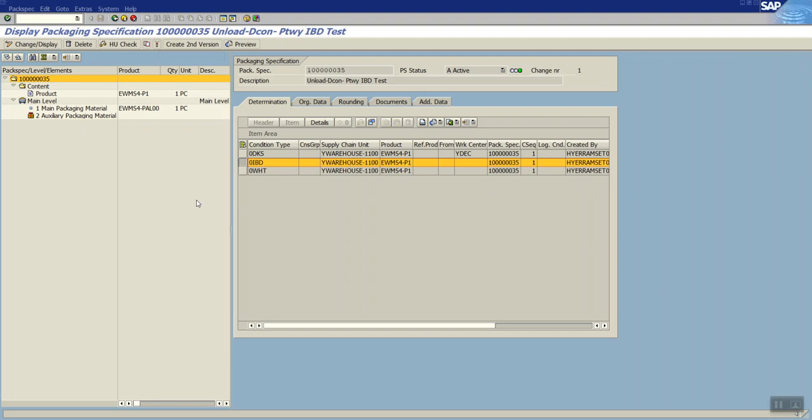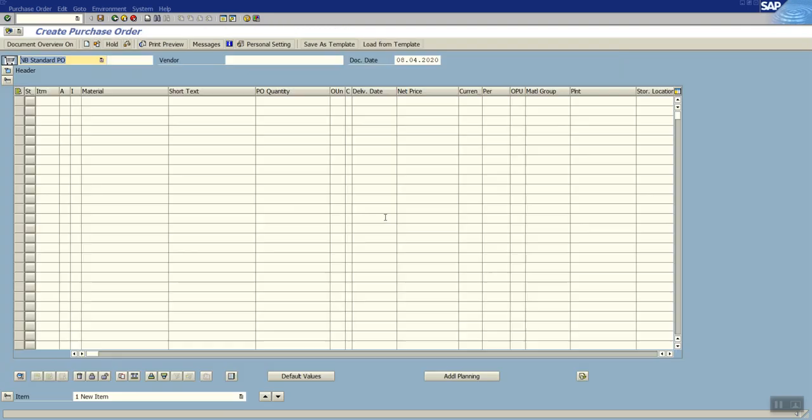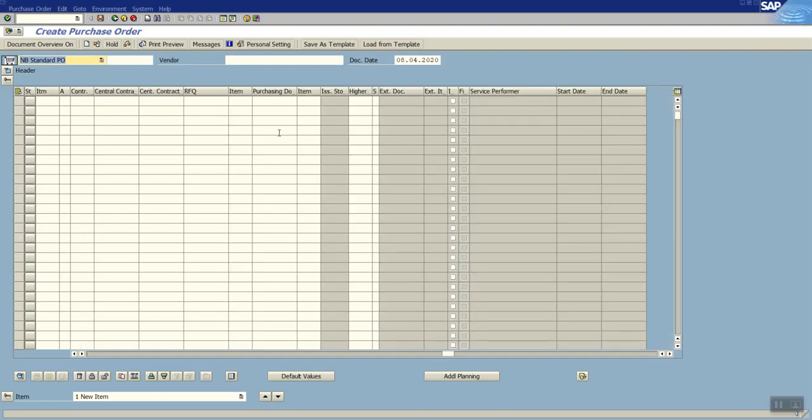Okay, so now we have seen the configuration and the master data elements required for the packaging specifications, and the other process oriented storage control settings we have seen in our last session. So now, as a next step, we will proceed to create the master data and see how our packaging specifications as well as our POSC works.